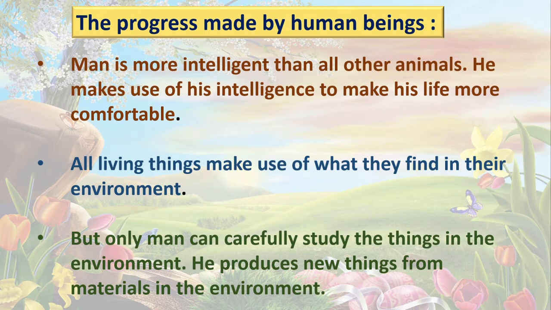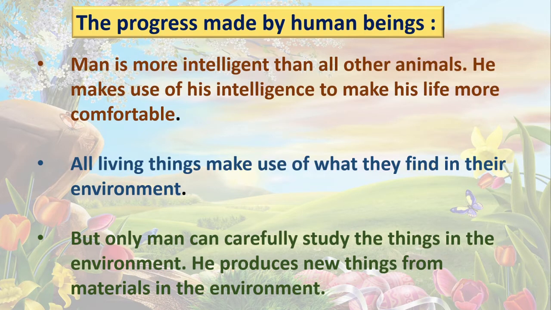But here the man, the intelligent animal, what he does, he collects the fruits and he converts them into juice or jam, or he makes milkshakes, salads, etc. This is a simple example I told you, right? Like that,